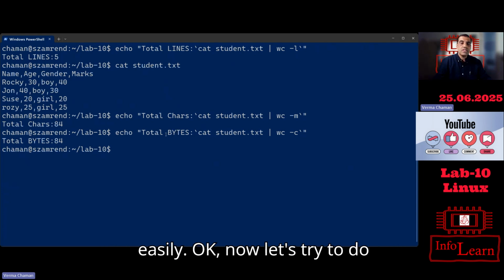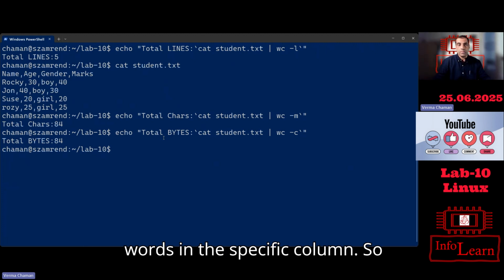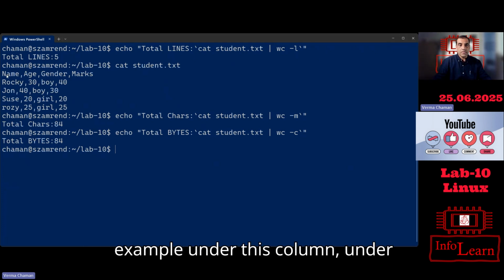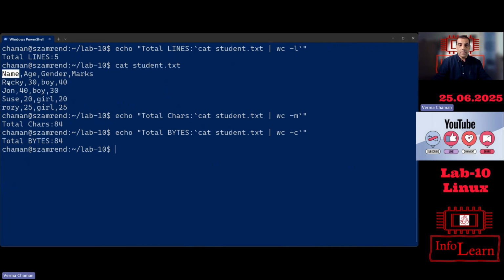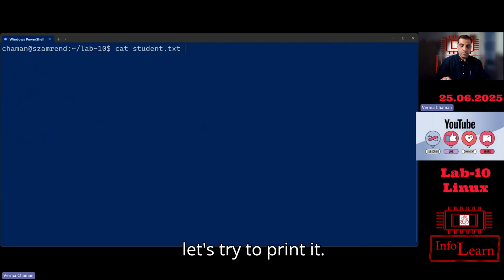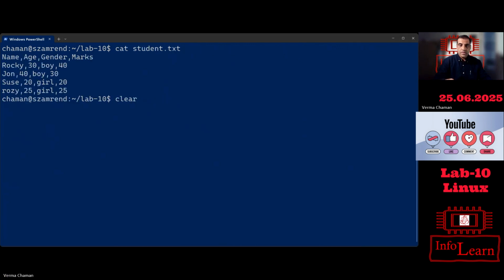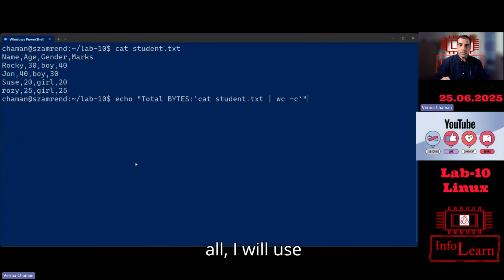Okay, now let's try to do some more tasks. For example, try to count the words in a specific column. So for example, under this column, or under this column, or under this column, this is your choice. Okay, so here I will take the example of, suppose, the first column. So how can we do that? First of all, let's try to print it. So what I want to do here, first of all, I will use